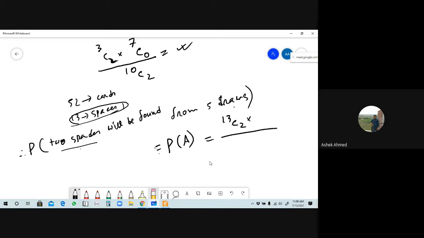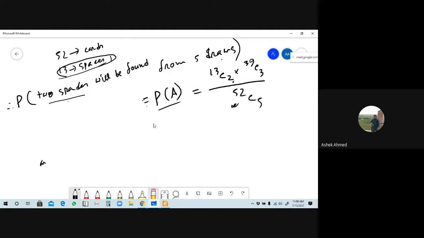5 বার ড্র করতে হবে। তাহলে সহজ করে বলতেছি, আমরা দুইটা ড্র থেকে স্পেড পাইছি, আর 3টে ড্র আসবে অ্যানাদার কার্ড থেকে। বাকি 52 - 13, দ্যাট উইল বি 39। ইজ ইট রাইট? তাহলে আমাদের অ্যানাদার যে 3 কার্ড আছে সেটা 39 থেকে আসবে। ওকে, বাট হিয়ার টোটাল নাম্বার অফ আউটকামস হিয়ার 52 সি 5। ওকে, দিস ইজ দ্য প্রবাবিলিটি ফর ইভেন্ট A হিয়ার। Two spades will be found from 5 draws. 5টা ড্র থেকে যেন দুটো স্পেড পাওয়া যায়, তার প্রবাবিলিটি হচ্ছে এটা।